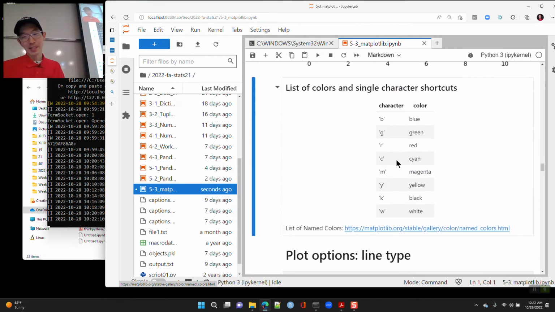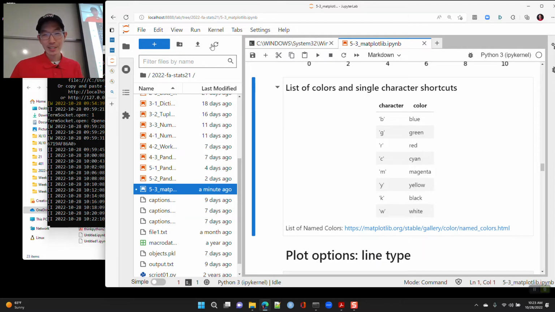Well, anyway, a good rule of thumb: don't use more than this many colors in a single plot, okay? Because once you go beyond a certain number of colors, you're going to run into problems. Like me, I can't tell the difference between purple and dark magenta. You're trying to identify these dots, and I'm going to be like, who is what?